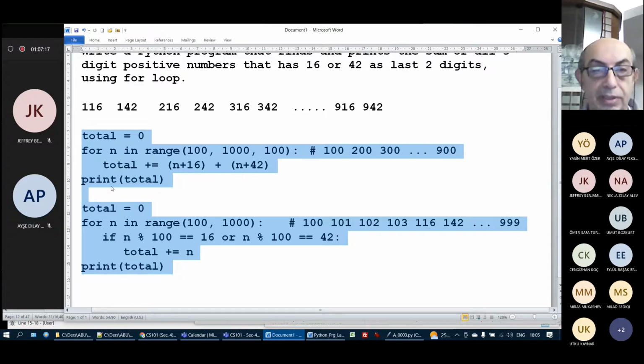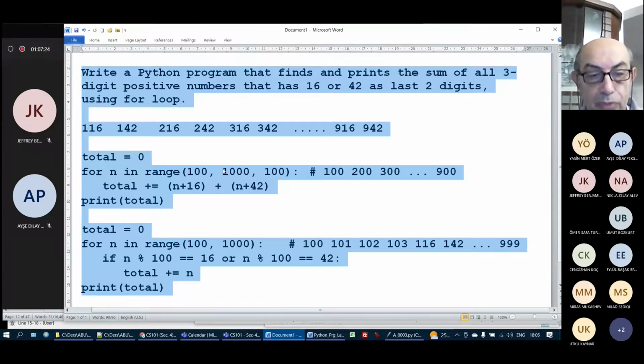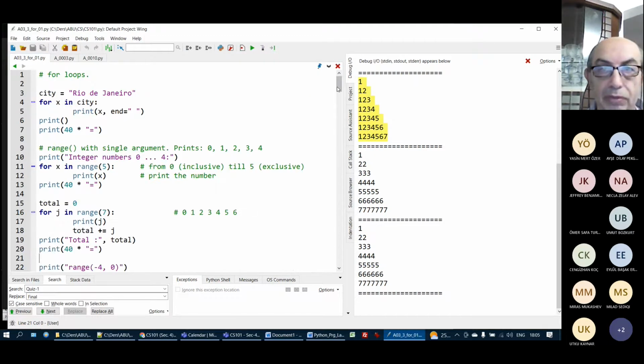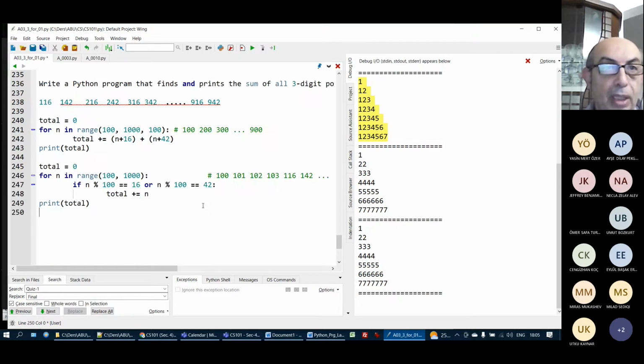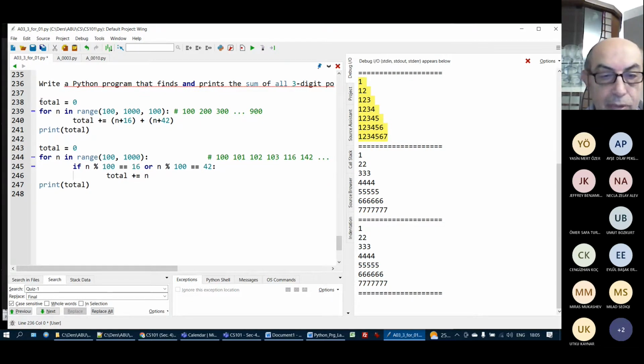Would you like me to put this in the program and share it with you? I hope you would like it. Let me copy this, go to this place for one. I will just put this at the end. Of course, I will just remove this. Make this a comment line so that sum prints the sum of